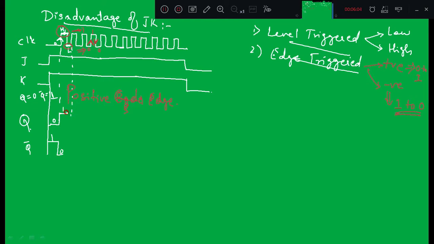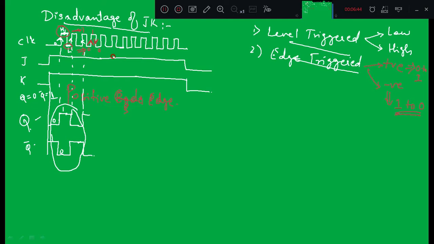So again when it detects the second rising edge, J and K are kept high, right? So here again the value of Q and Q bar will change, right? The same thing repeats whenever that particular flip flop detects a rising edge. So at a given amount of time, we do not get a stable state of Q and Q bar, right? So as soon as we make J equal to K equal to 1 and we keep it high for a longer time, and if the clock frequency is more,